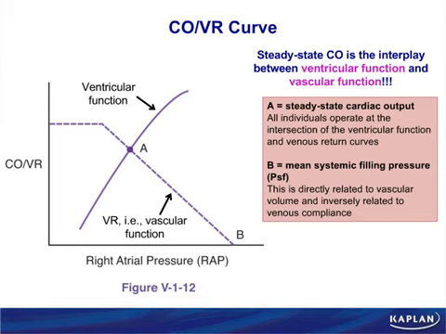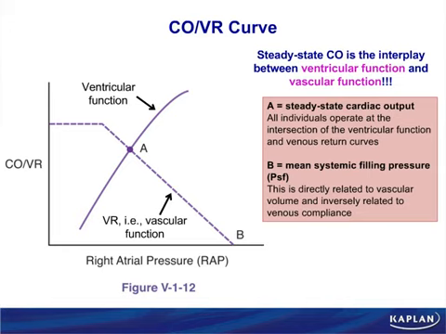Where it hits the x-axis means there's no venous return. Well, why would there be no venous return? Because that means mean systemic filling pressure and right atrial pressure are equal. So wherever the dotted line hits the x-axis, that x-intercept for the venous return curve, that is mean systemic filling